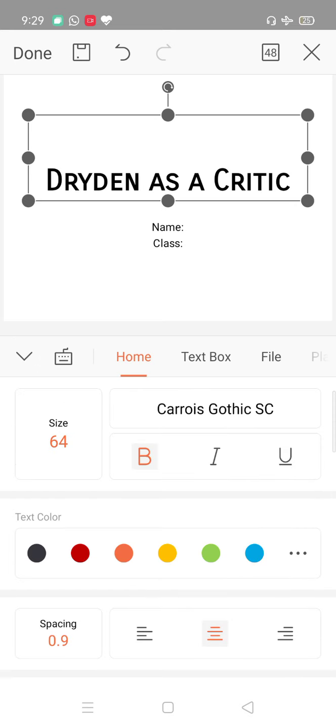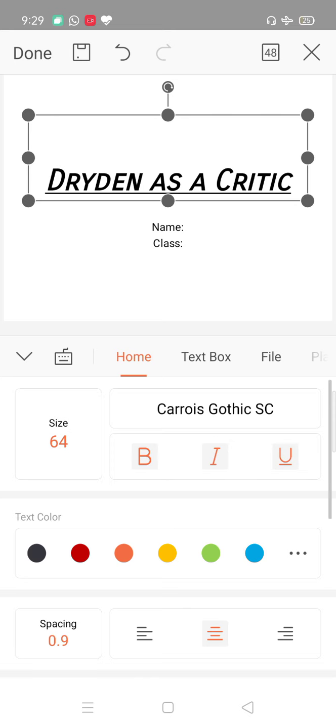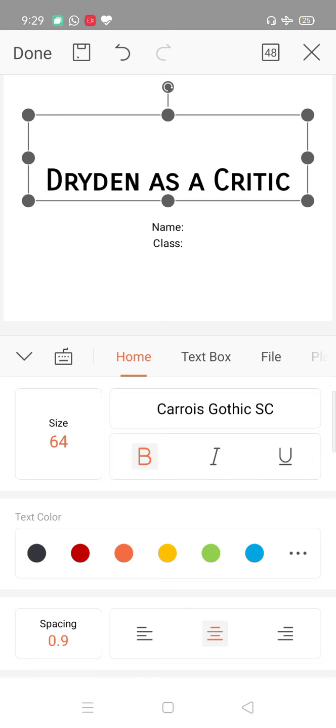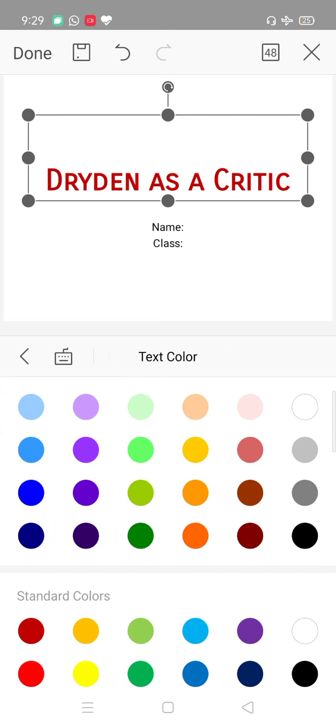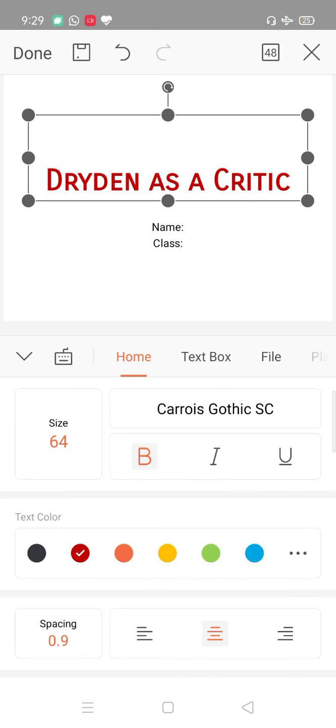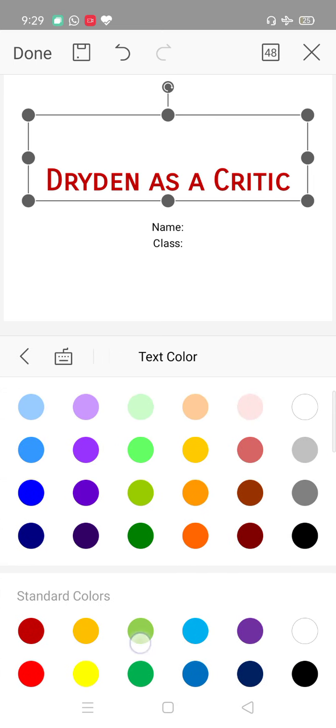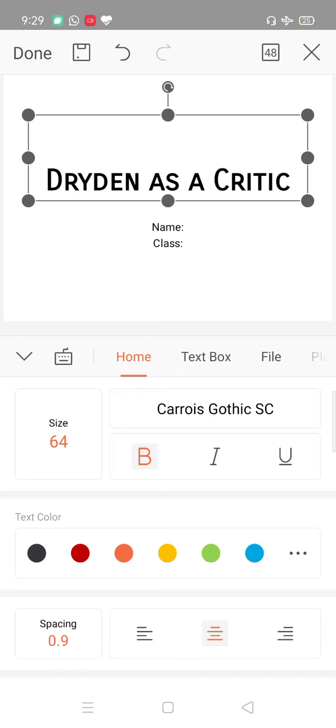In the same manner, if you want to write italic words, underline the words, okay, these options are here. And if you want to change the color of your fonts, then you have more colors here. If you click these three dots, these many colors are available. You can write your fonts in any color, right? For now I am taking black color, okay.